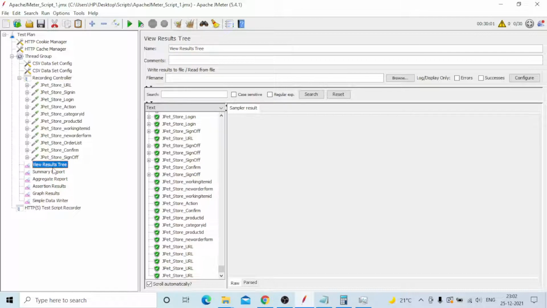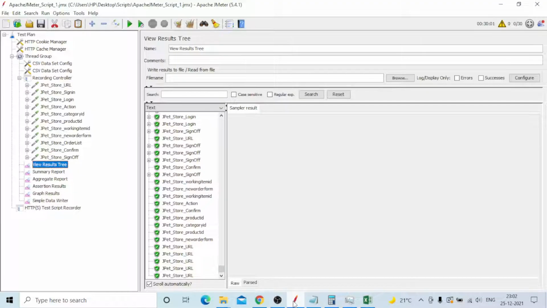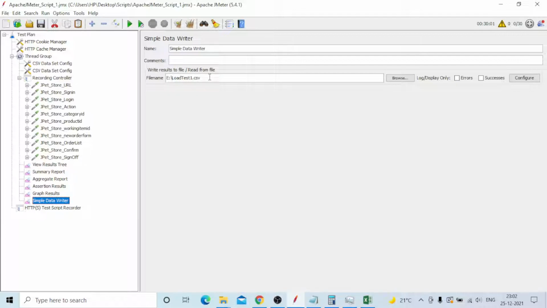You go to browse for the location, provide the location details where you need to save, that's all. The format is .csv or .jtl files.